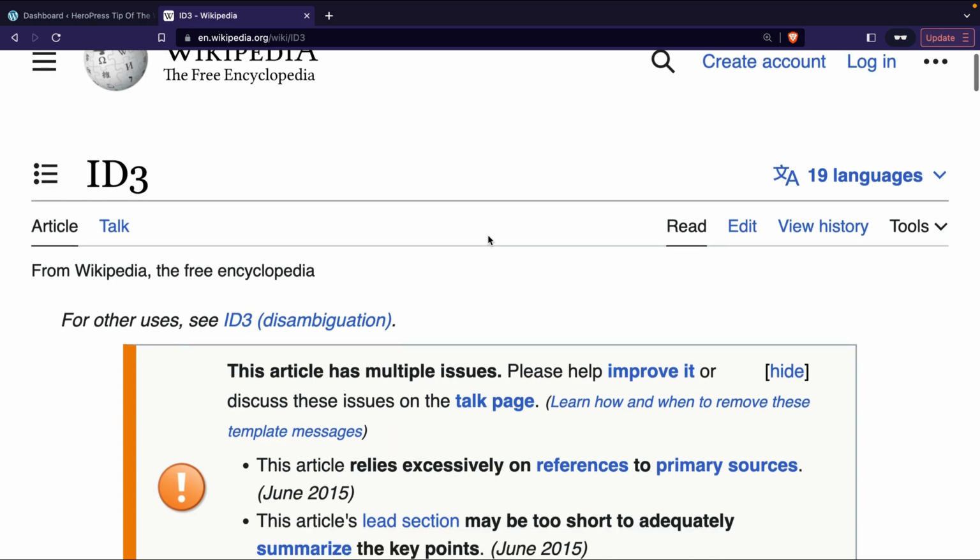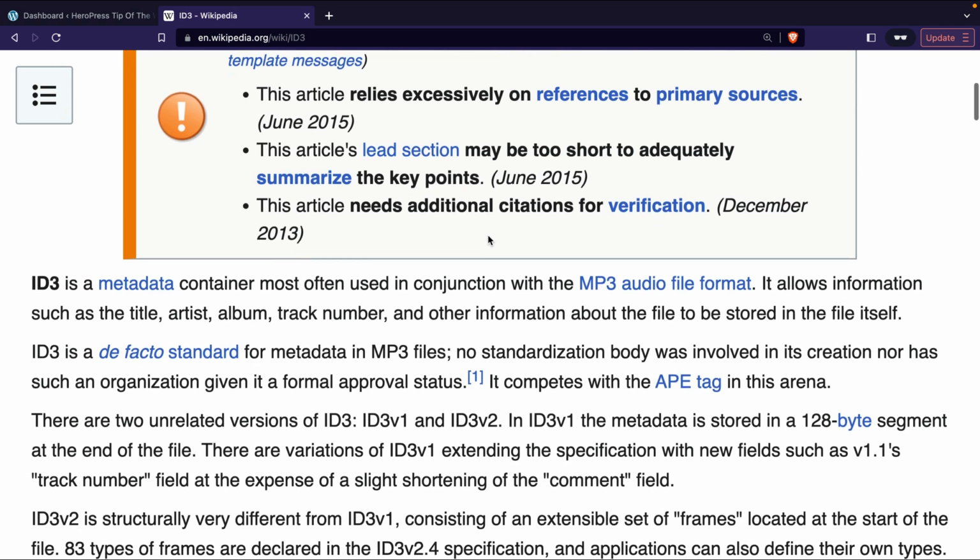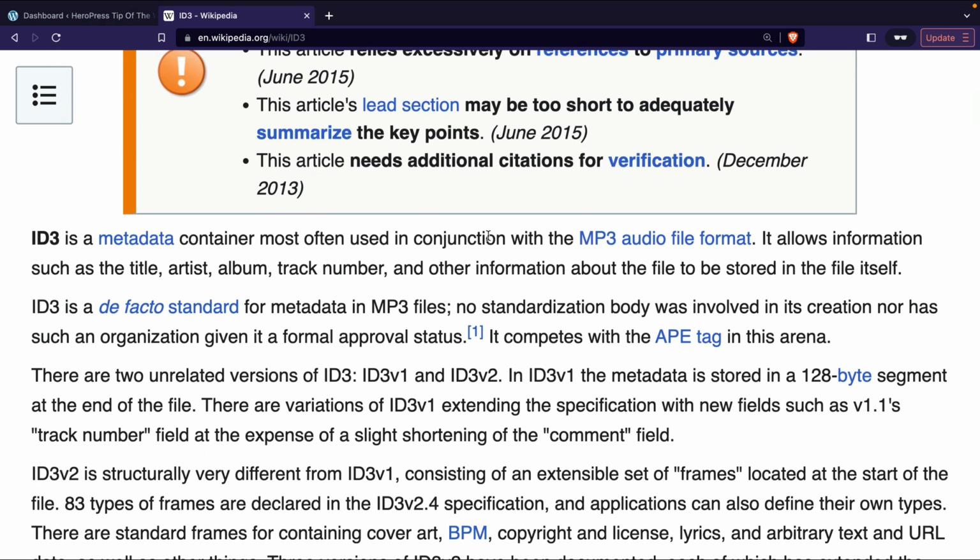ID3 tags hold metadata about MP3s. Now, metadata is data about data. So your MP3 file is a data file. It holds audio. The metadata is plain text fields that have things like title, date, genre, track number, things like that. And ID3, here on Wikipedia, it says, is a metadata container, most often used in conjunction with the MP3